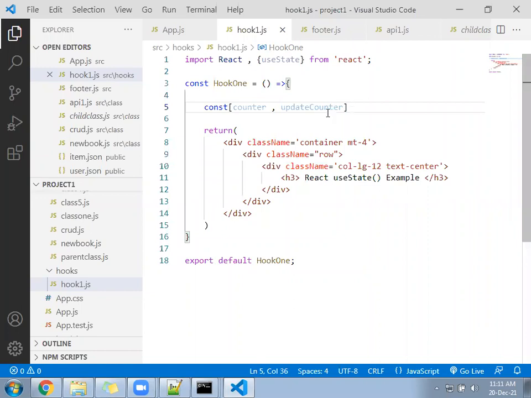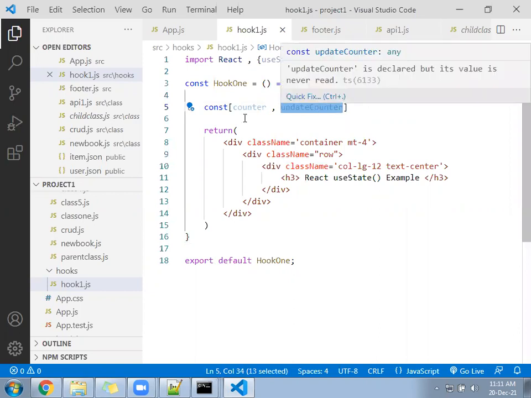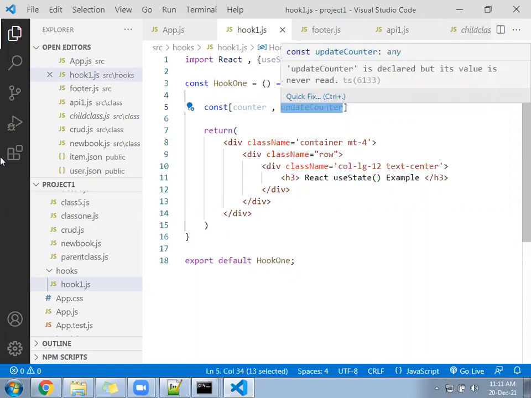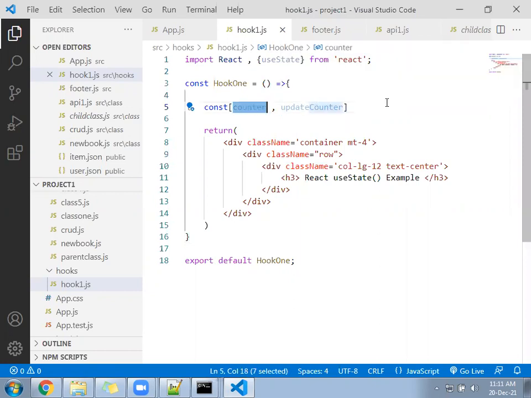For the counter variable, if you want to do anything, you cannot do it directly. You have to do it with the help of this function, update counter. Variable name and function name can be anything. The first can be x and second can be y. But whenever you write a function name and variable name, give a proper name so that you understand this is the variable, this is the function.